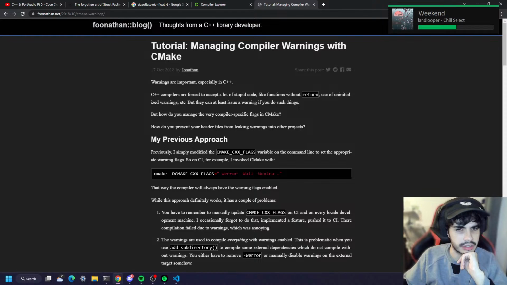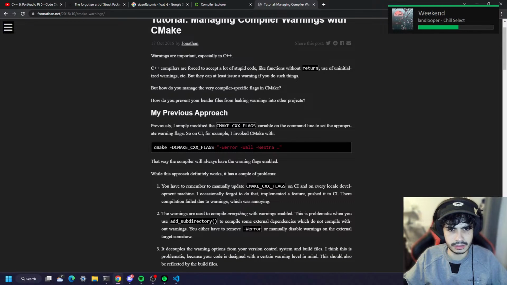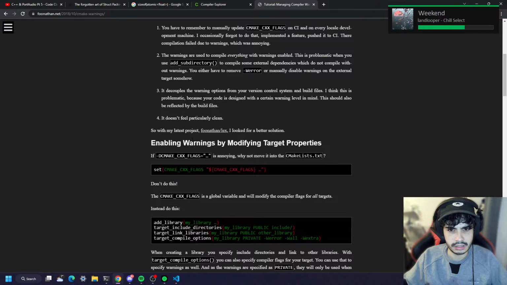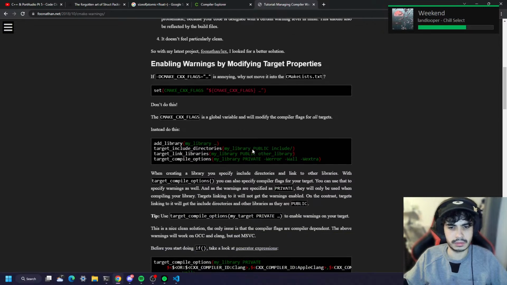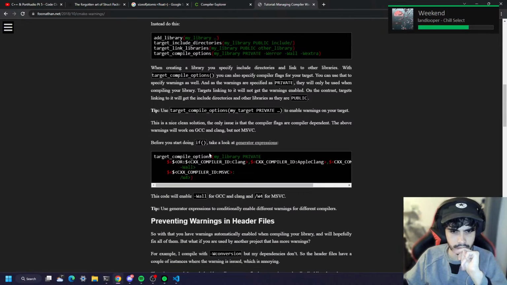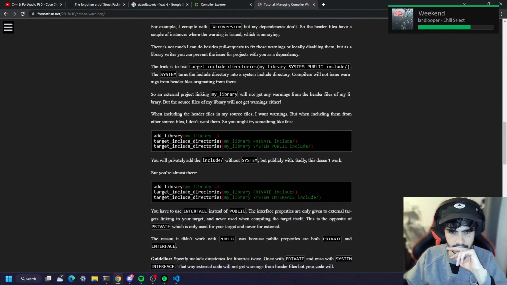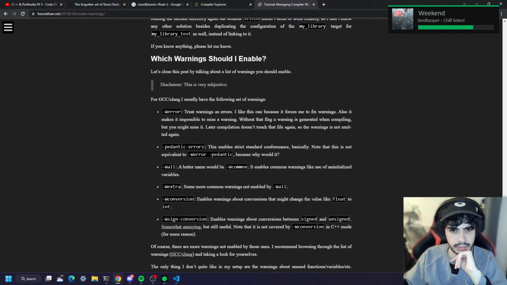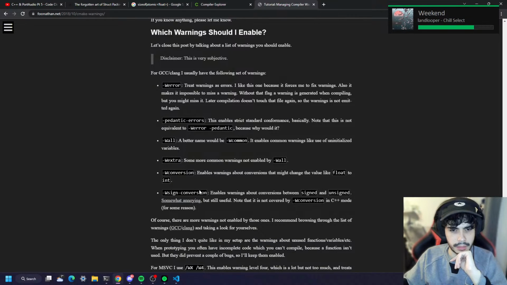Let's read this guy's tutorial and see if it's actually useful. My previous approach, yeah, this is usually how I used to do it before as well, just set the CMake CXX flags. And ideally we're going to put all of these available extra warning error flags. So